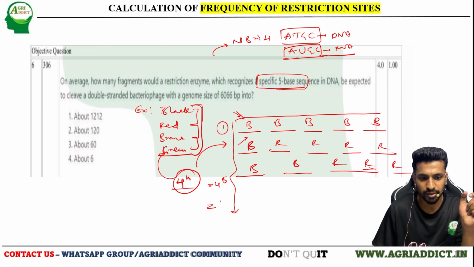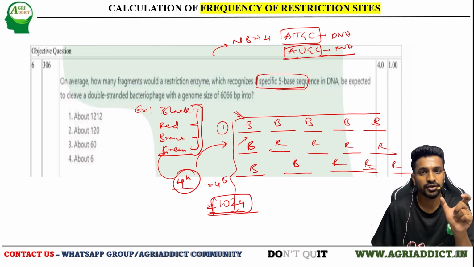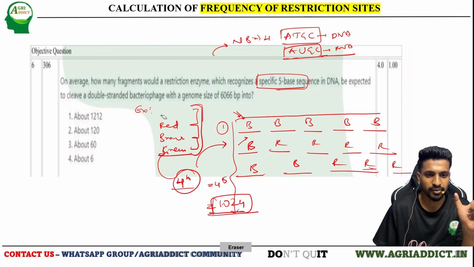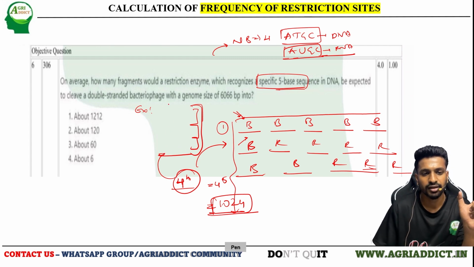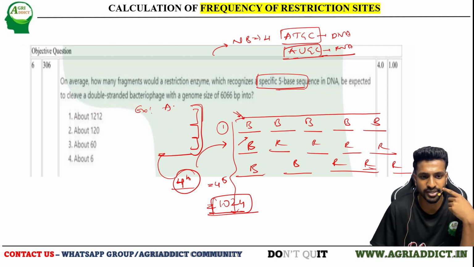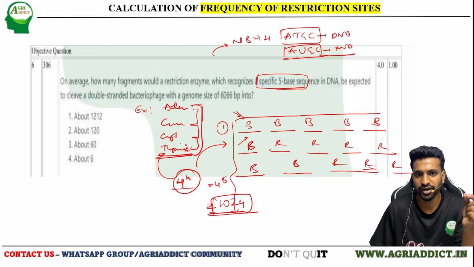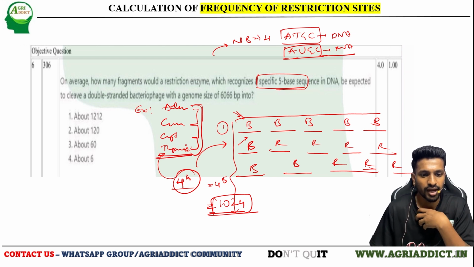We can make up to 1024 unique combinations. Okay, there are a total of 1024 unique combinations we can make. Similarly, just replace these balls with the nitrogen bases now. That means it is adenine, guanine, cytosine, and lastly thymine. So these are the 4 different nitrogen bases I have, and they should be arranged in the 5 blank spaces